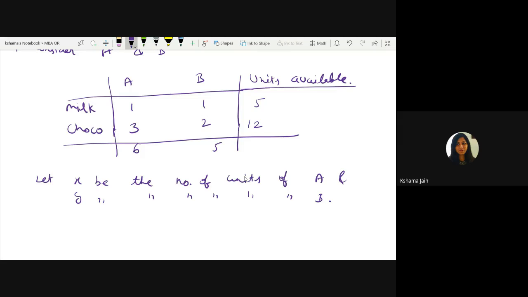Because only in the question you will see what they are asking. Whatever they are asking, we will consider them as variables. If you see in the last line, they are asking: the company wishes to maximize the profit. How many units of A and B should it produce respectively? So we are supposed to find out how many units of A and how many units of B should be produced. So we will consider them as variables.